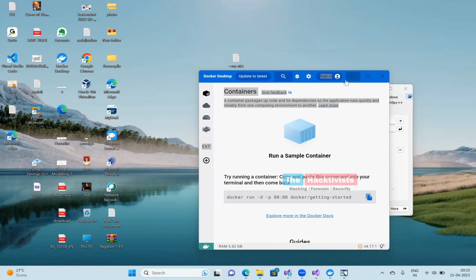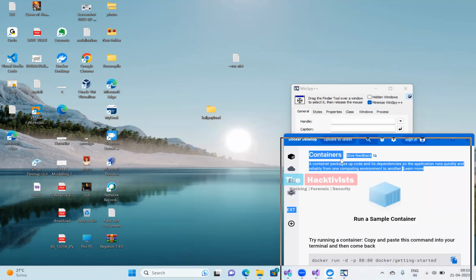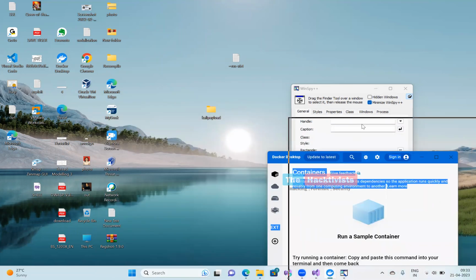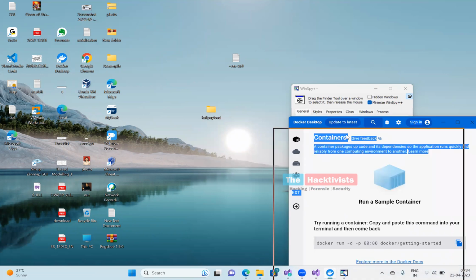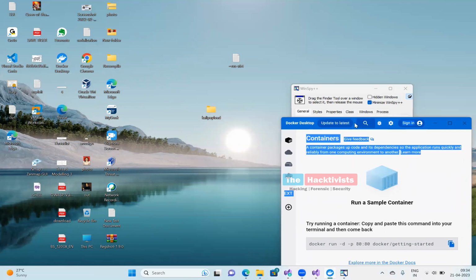Not sure why I'm not able. Yeah, so this one we need to take it and make it in between here, and we need to release it. Okay, delete it. This should be working, but